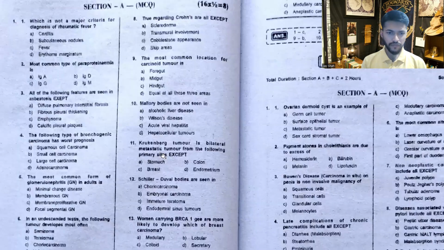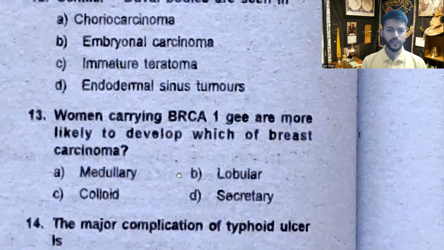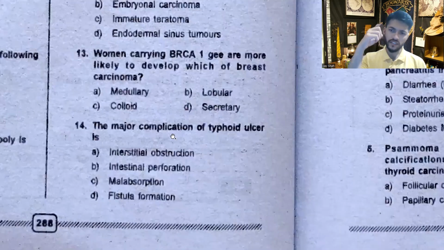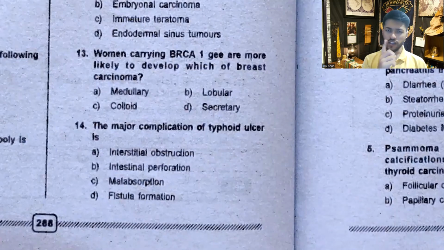So the next one, major complication of typhoid ulcer. Now, typhoid ulcer will generally cause perforation. Typhoid ulcers are longitudinal ulcers. Right. So they have more chance for perforation, whereas your gastric ulcers, they are basically circular ulcers and they have